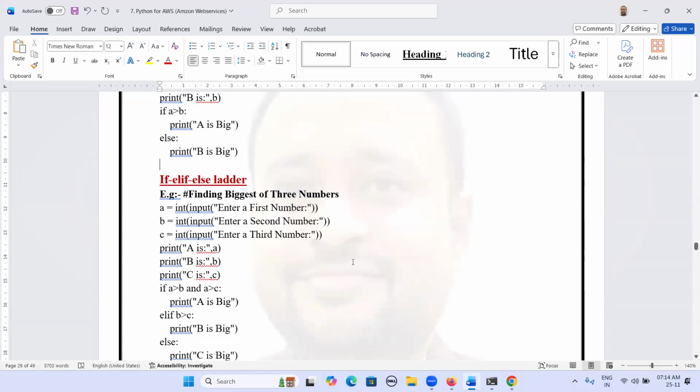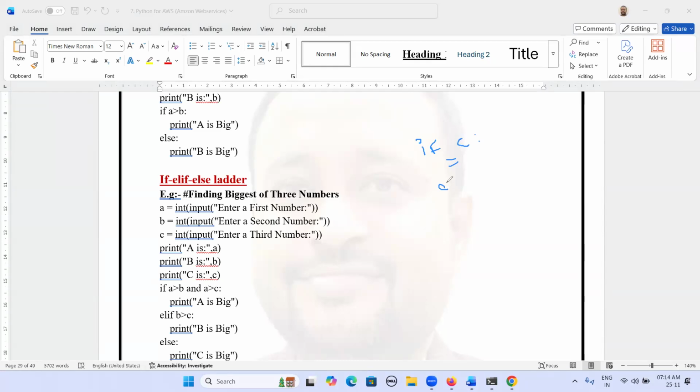If elif else ladder. So here what I'm doing, first I'm writing if, and I'm writing condition, then statements.